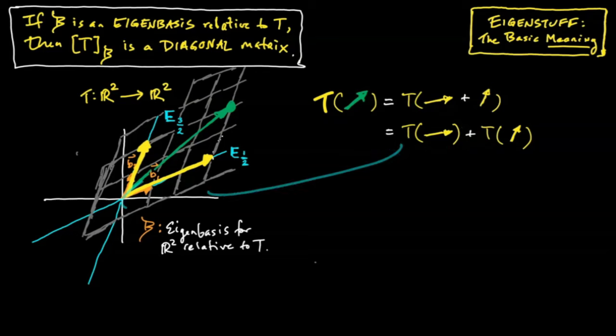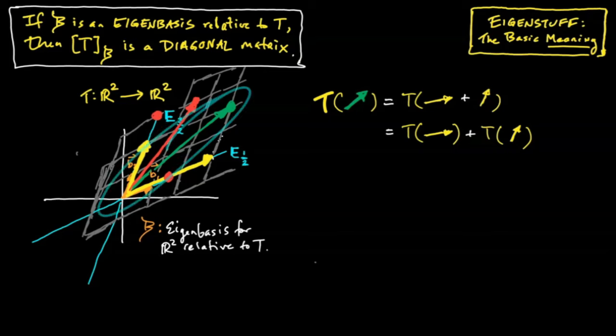So what does T do to this first yellow vector? Well, it lies in the eigenspace corresponding to 1/2, so it shrinks it down to half of what it was before, putting its tip here at this red dot. And what does T do to the other yellow vector? Well, it's an eigenvector with eigenvalue 3/2. So it grows by 50%, and it ends up right here. Now sum up the two vectors corresponding to those two red dots, and we end up right here.